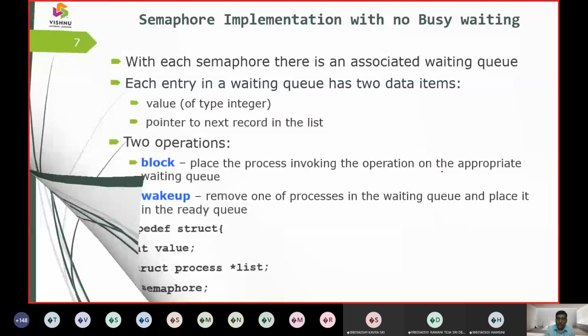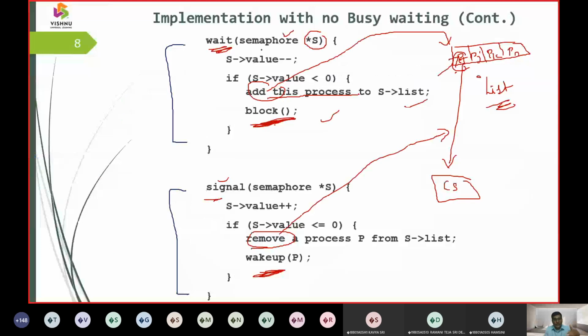So whenever jobs are going to enter into a critical section, first they are going to be put in a list and they are migrated with a semaphore called wait state. So assume Pi is first, then Pj, Pk, Pn, etc. They are going to be in the list. So they are going to need an IO and they are put in a block list.